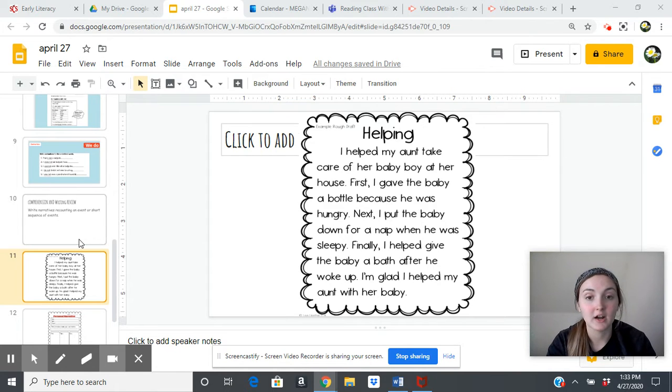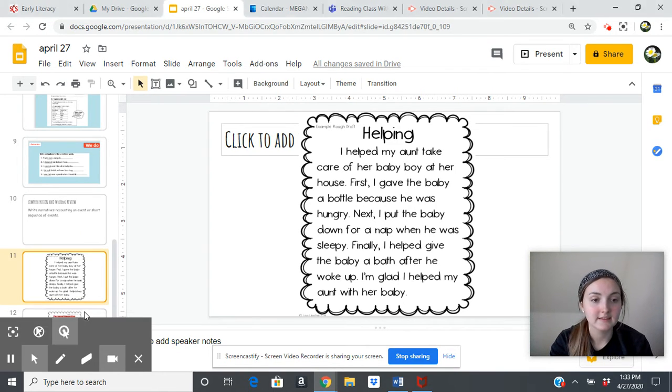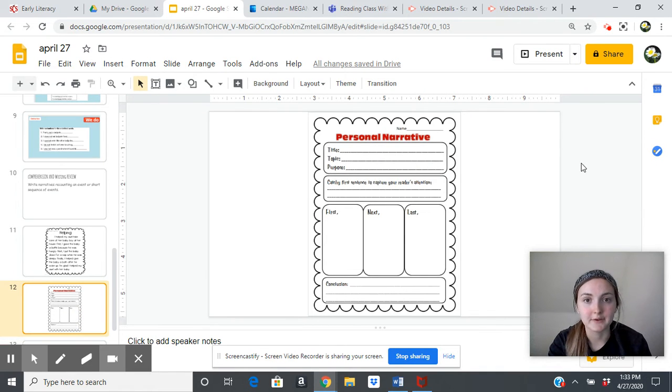So as I mentioned, our extra credit assignment for ELA for quarter 3 is going to be a narrative assignment on why it's important to wash your hands. So we're going to review what exactly a narrative is. You may recognize this worksheet from class, and I'm going to send this out.